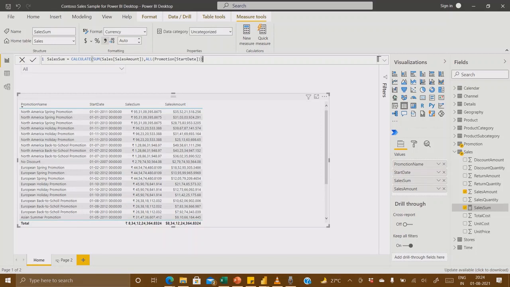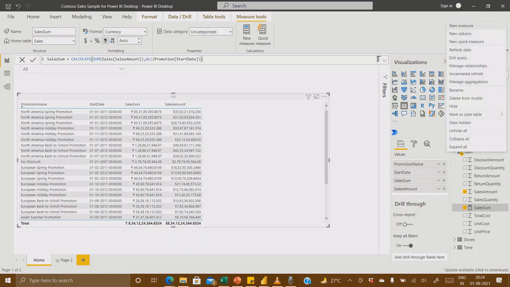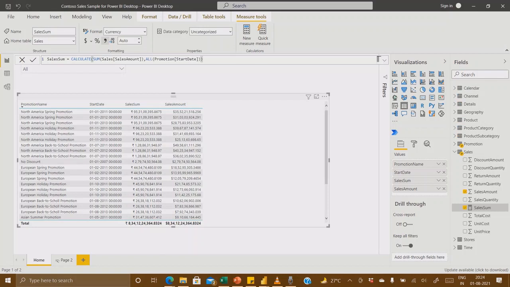A measure is required for various purposes. If you want to do more calculations on this, you will also need to write a measure. For example, if I want to see the values multiplied by 3, you can simply write a measure. I will show you a simple measure: new measure.